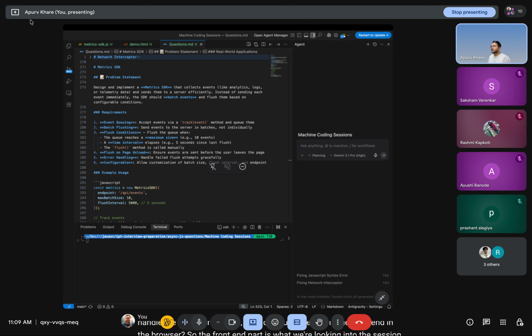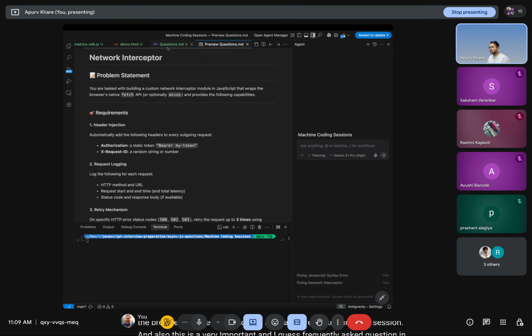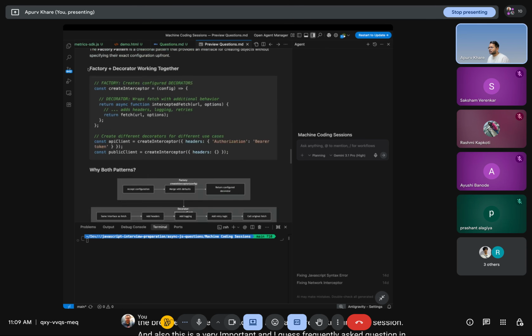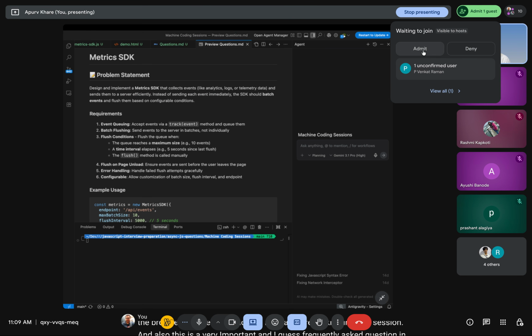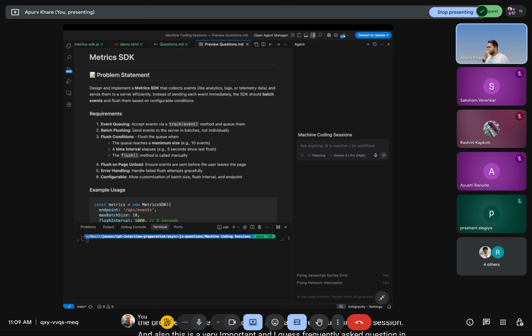So let's read the problem. One second. What is the actual problem statement? Okay, just a second. So, design and implement a metric SDK. It can also be known as an analytics SDK that collects events like analytics, logs, telemetry data, and sends them to the server efficiently. Now, instead of sending each event immediately, the SDK should batch the events